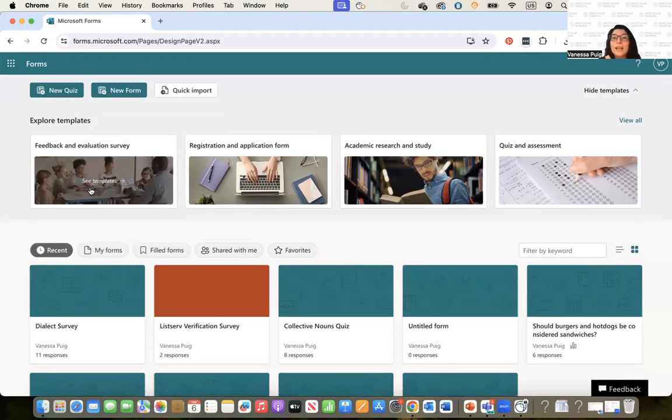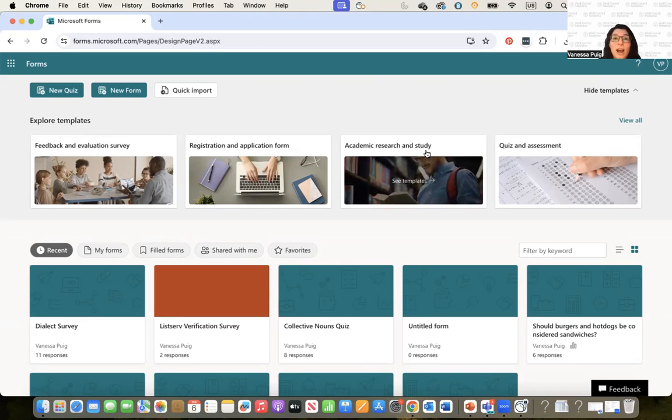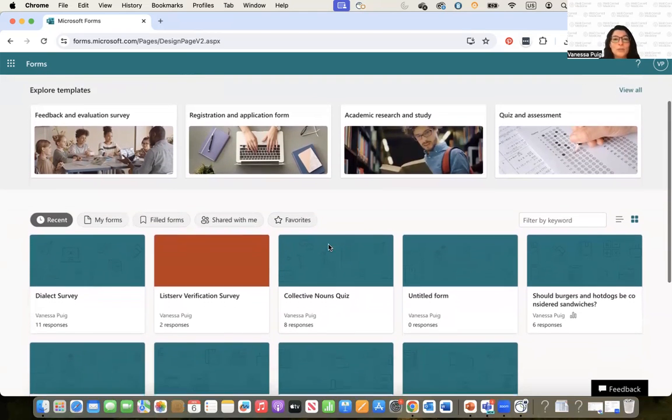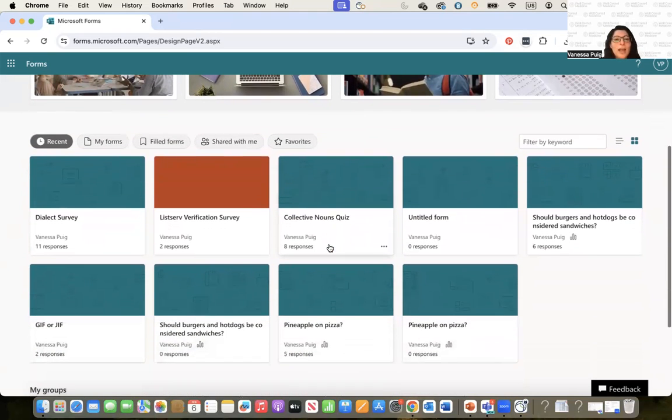If you've never created a survey in your life and you have no idea where to start, there are these templates at the very top. So you see one for feedback, registration. You can always click on one of these to see a template essentially, so you don't have to start from scratch, and it helps you build it, and you can delete and edit as needed, but at least you have some kind of guidance to start somewhere. I personally want to teach you how to start one of these from scratch so you just know how to do it. And if I scroll down a little more, this is a list of all of the